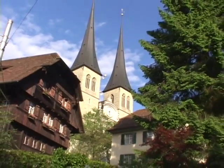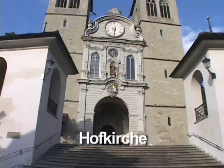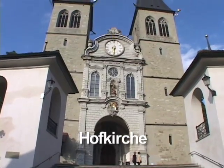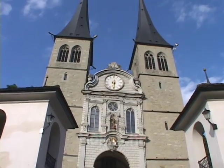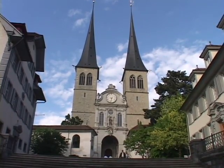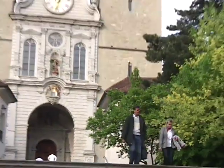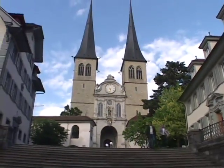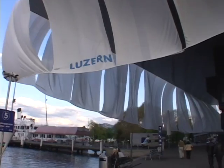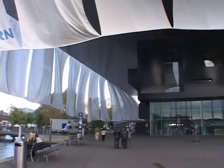The Hofkirche is a Catholic church in this otherwise largely Protestant part of the world. It's built in the Gothic style with a Baroque touch. The interior has some beautiful Baroque ornamentation, as does the facade. It's one of the signature landmarks of Lucerne, centuries old, and Lucerne has a brand new landmark that just opened